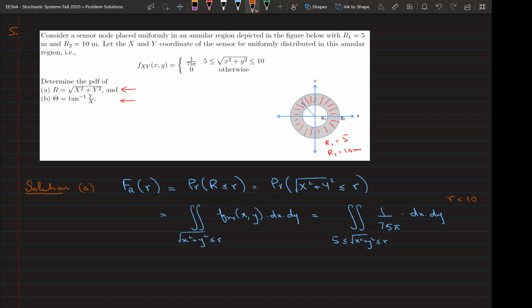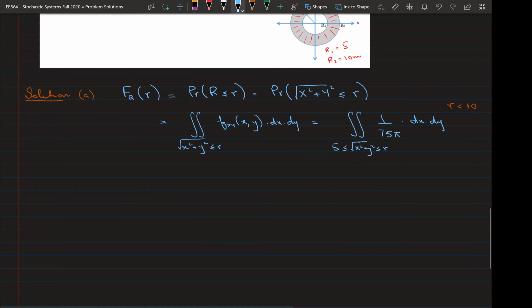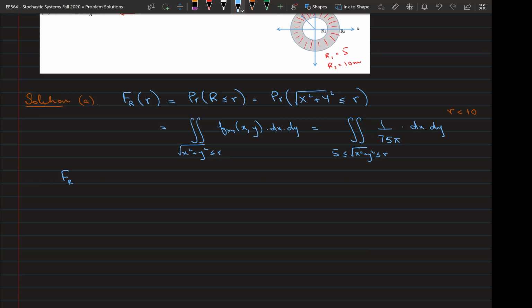Okay, so all we need to do next is to compute this integral. I'm going to bring out the 1 upon 75 pi here, and this is the integral over the region 5 less than or equal to the square root of x squared plus y squared less than or equal to r, of what I'm integrating. You could, if you want to, go from the rectangular coordinate to the polar coordinate system, and that's a valid thing to do. I would rather just look at this graphically. What we're required to find here is just the area of an annular region,